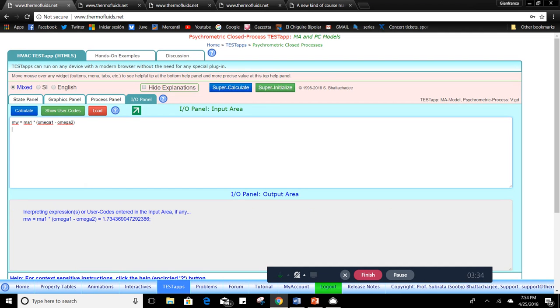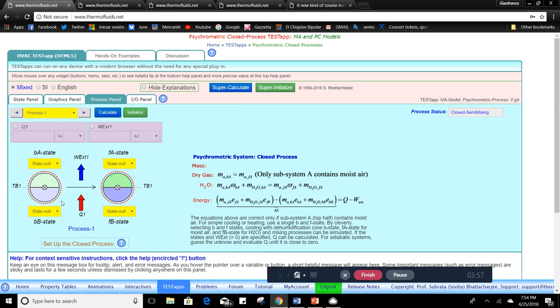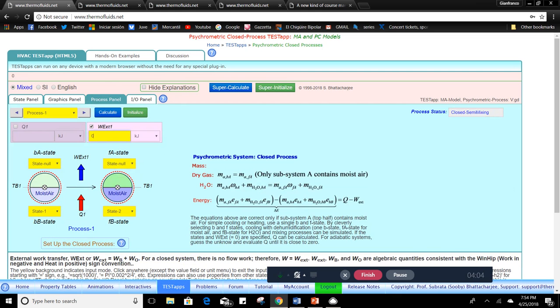We can do the same to find the boundary work, which will be the pressure times the difference in volume. So we have volume 2 minus volume 1. The boundary work, we find it to be negative 1037.9 kilojoules. If we go to the process panel and we make sure that we input the states and the boundary work found,